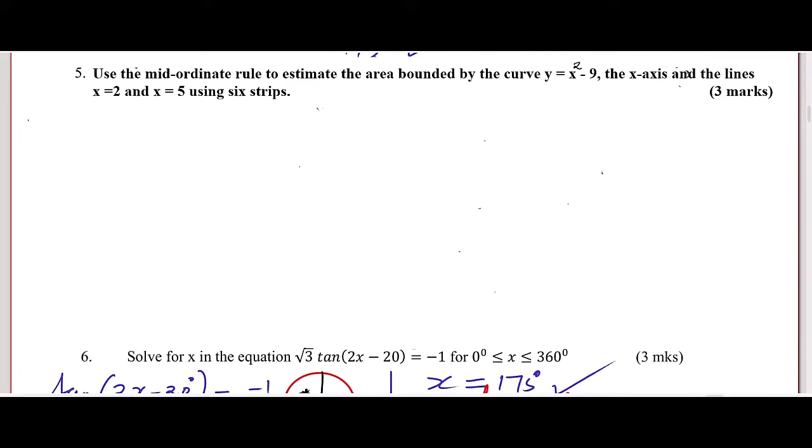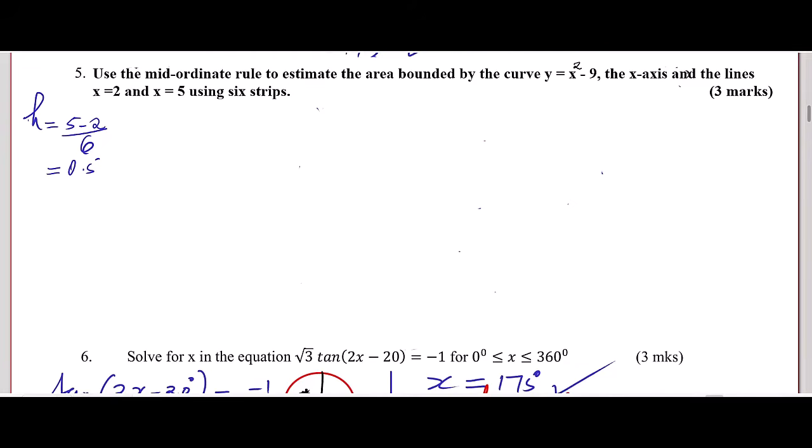Question 5. Use the mid-ordinate rule to estimate the area bounded by the curve y equals x squared minus 9, the x-axis, and the lines x equals 2 and x equals 5 using 6 strips. So the first thing you're going to do is to get the interval, the width of each strip. The interval is given by the range you're given, x equals 2 to x equals 5. So you take 5, subtract 2, then divide by the number of strips,